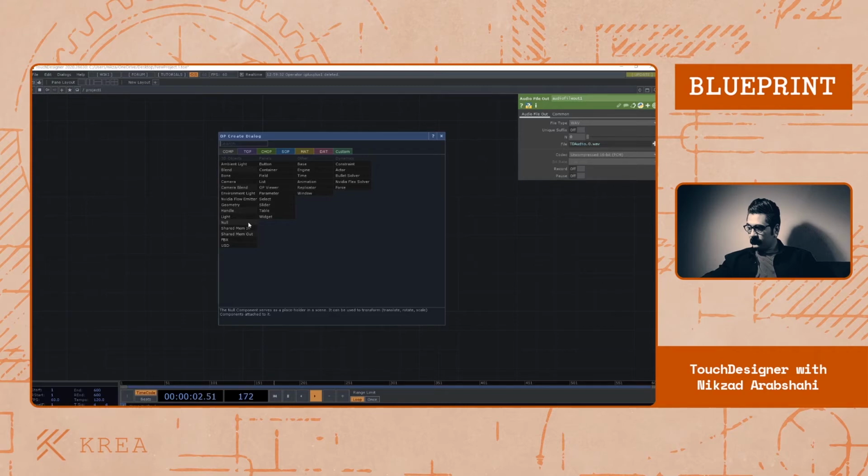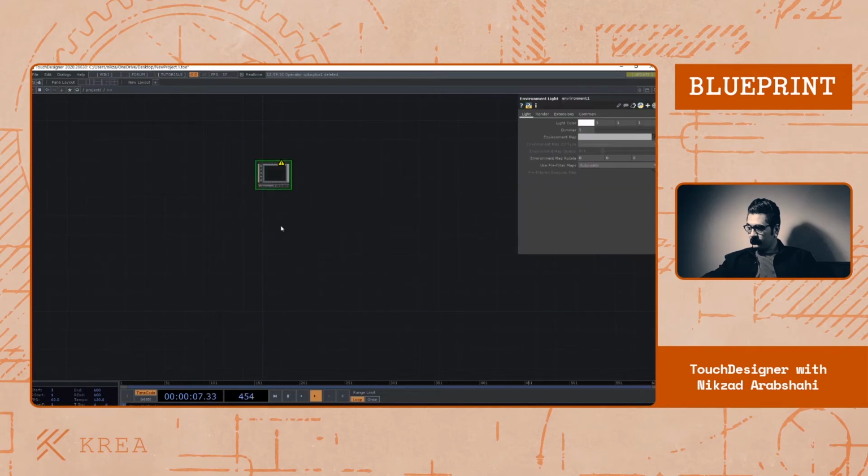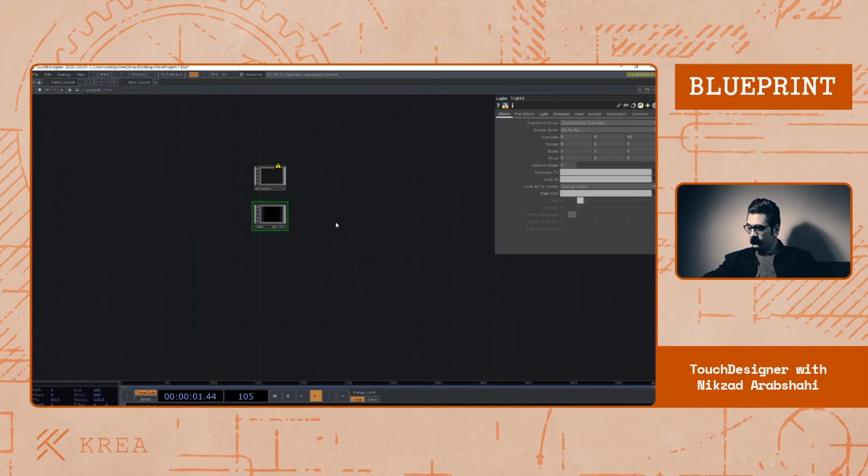I'm going to start with light, and as you can see there are 3 types of light, but since we want to just try the PBR rendering, we need to bring the environment light and also a normal light. Environment light and just a normal light, because PBR material needs an environment light. Then we need a camera,